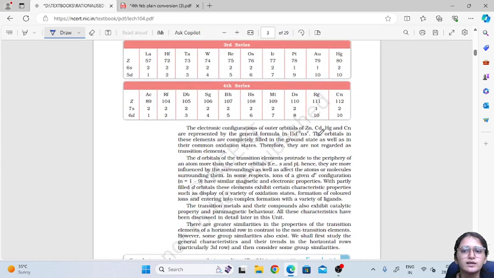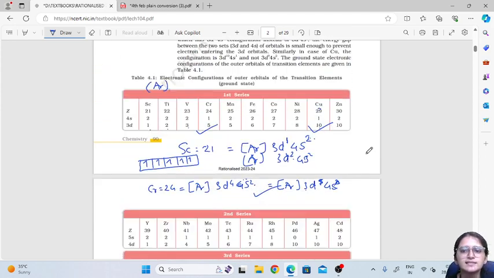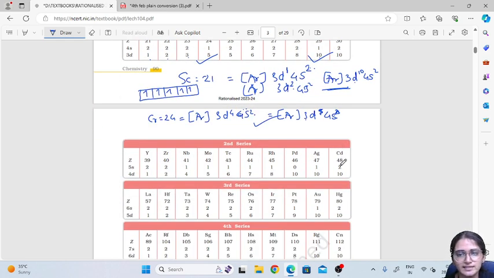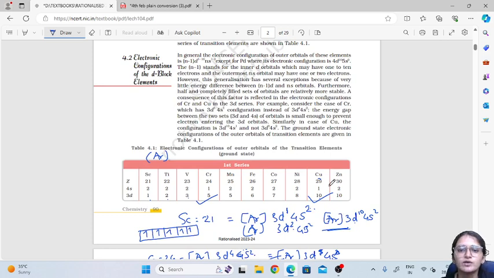Now one more thing you need to understand is, if you observe, zinc is number 30. So the configuration of zinc will be argon 3d10 4s2. That means the d orbital has full 10 electrons and s has full 2 electrons. So this is a fully filled orbital. So zinc has a fully filled configuration. Along with that, cadmium from the second series has a fully filled configuration. Also mercury has a fully filled configuration. So that's why these elements will not be considered under transition elements.